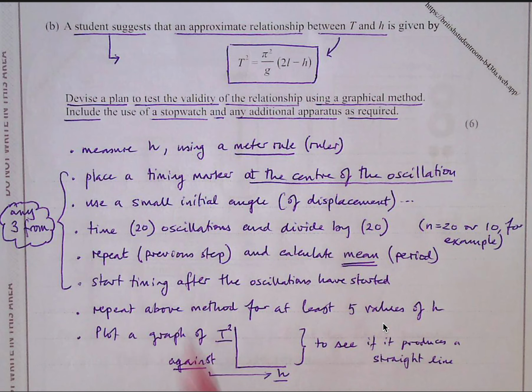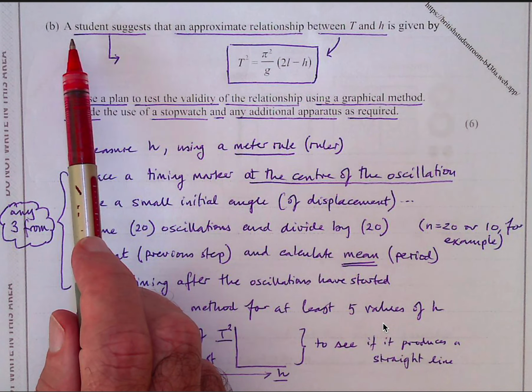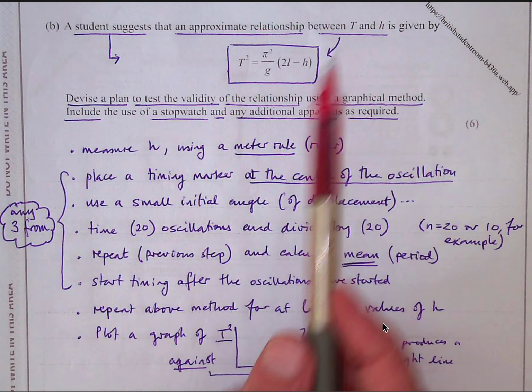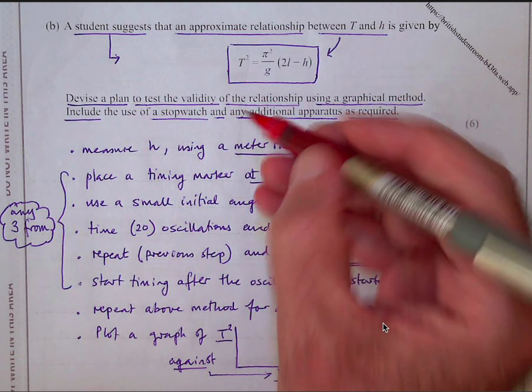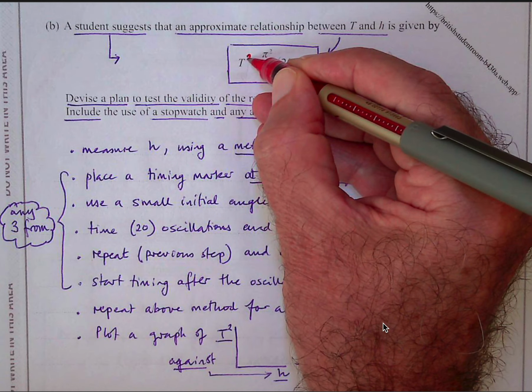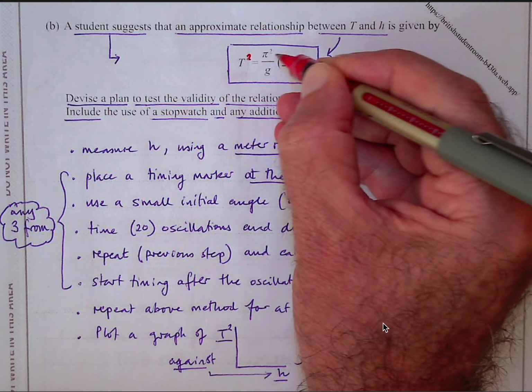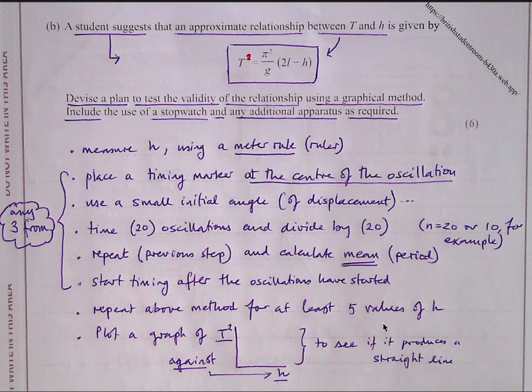The next part is continuing with the same pendulum question. The student suggests that an approximate relationship between the period T and h, which was the position the peg is placed, is given by T squared equals pi. It's not very easy to see. I just want to make sure I've got this right. I don't think it really matters, but it looks like it's squared. It just looks like the photocopier I used was not that good in terms of the